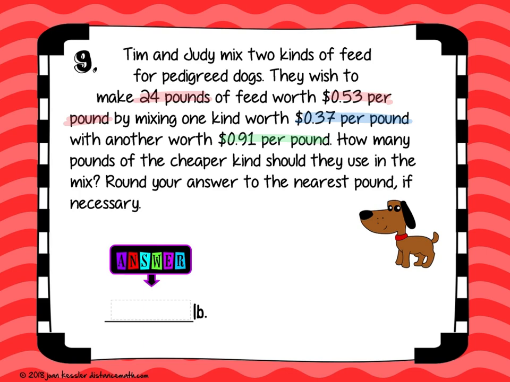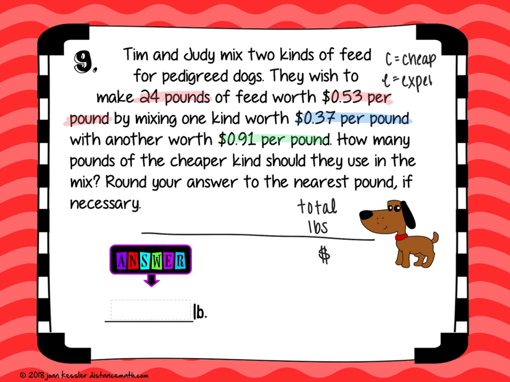So this is almost like those movie theater problems. We're going to talk about 2 equations. One is going to be total pounds, and one's going to deal totally with cost. So starting off with the pounds, there's 2 types of feed. Personally, I'm just going to use C for the cheaper price and E for the expensive price. So the total pounds comes from the cheaper feed plus the more expensive feed,